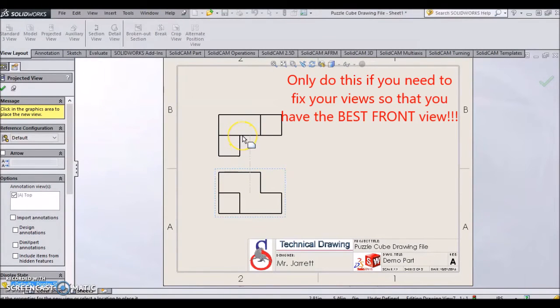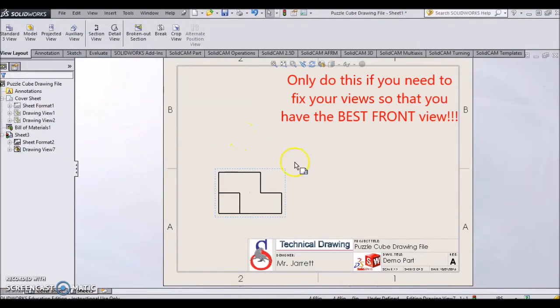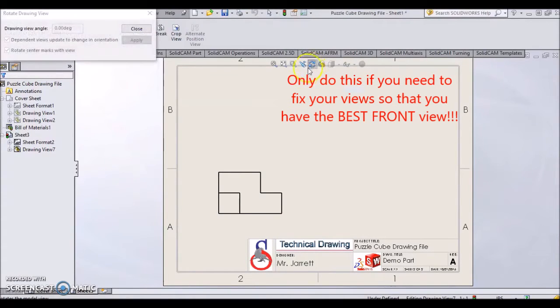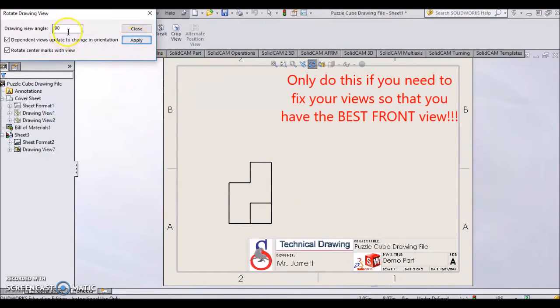And then we can hit escape on our keyboard. And if I wanted this rotated this way, then I would go up here to the top and select rotate view, click on my actual drawing that I just placed in, and now I can change this however much I want. So 90 degrees and apply, and